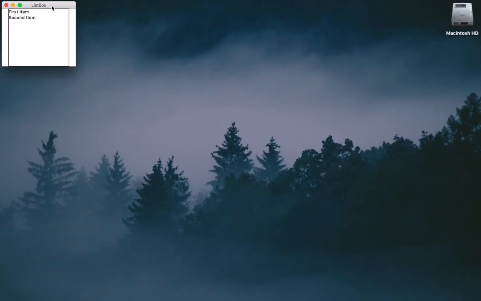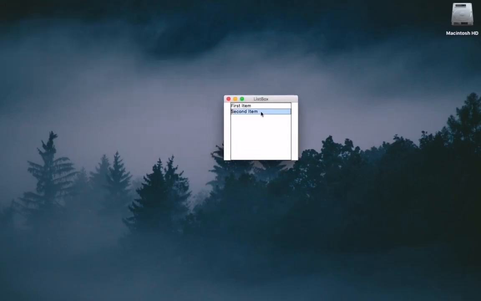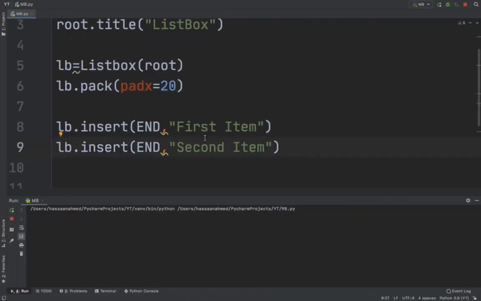Now here you guys can see that the title of the window is listbox, and a listbox has two items in it. We can add as many items as we want, and we can change the position of these items. For example, if I write here 1 and rerun the code,